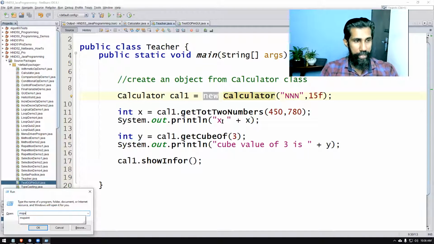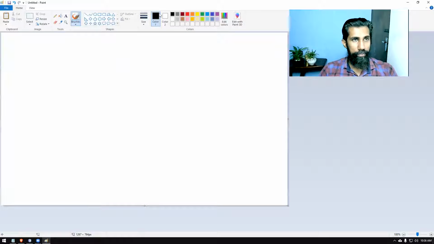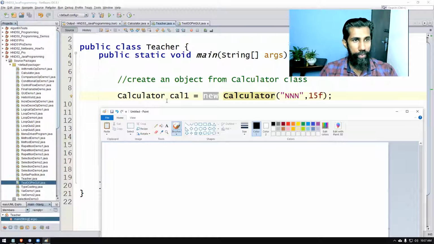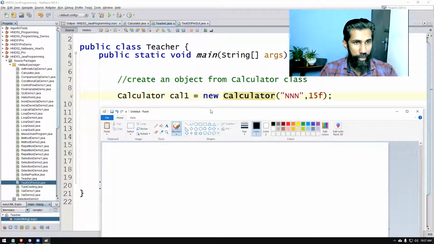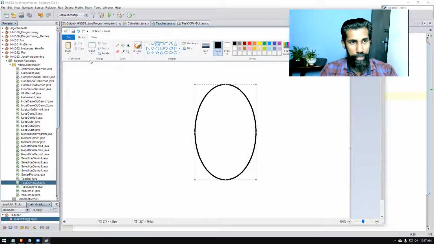Let me tell you what happens to that also. When you do that code, when you create the constructor method, children, here, when you call this one, Calculator cal1 equals new keyword you are calling in Calculator, computer will create an object in the memory. If this white color area is the memory, it reserves the memory for that object, right? This object consists of data and methods.